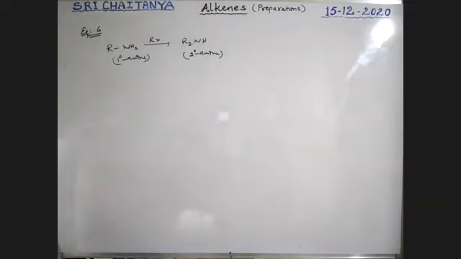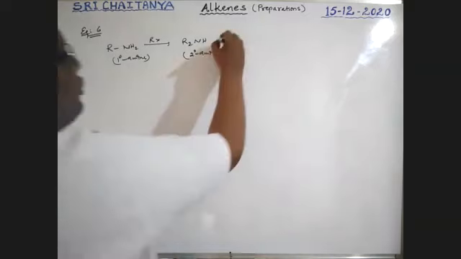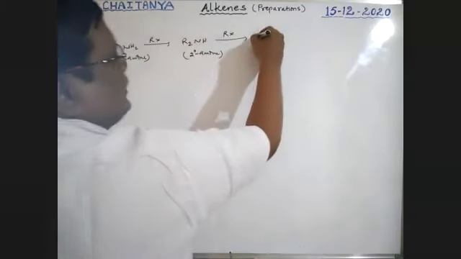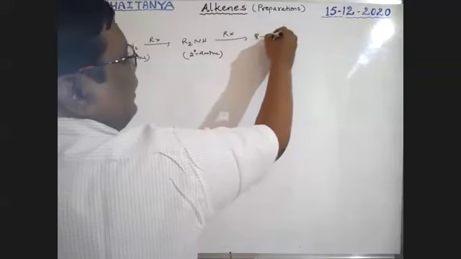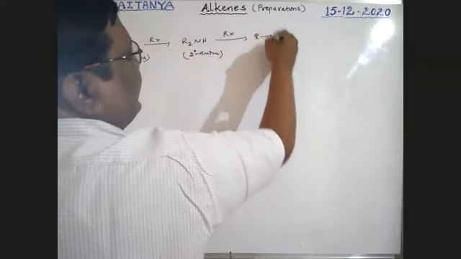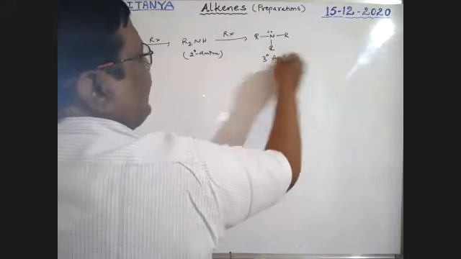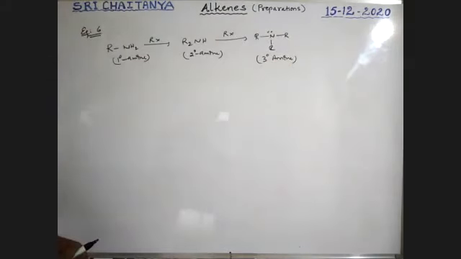Okay. Next, primary amine changes to secondary amine. Next, this one changes with one more mole of alkyl halide. That is, 2 equivalents of alkyl halide are required. So that is RNRR. It is a tertiary amine. Primary amine changes to tertiary amine.